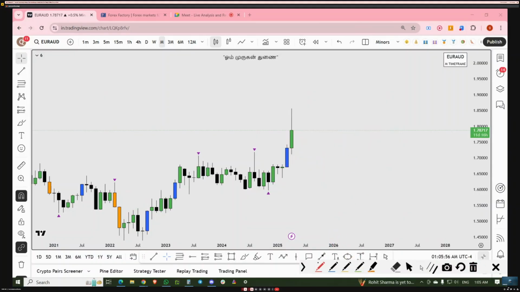Coming back to the point. So what we can see about this is the monthly start with more bullishness. And what I can mention, this is the